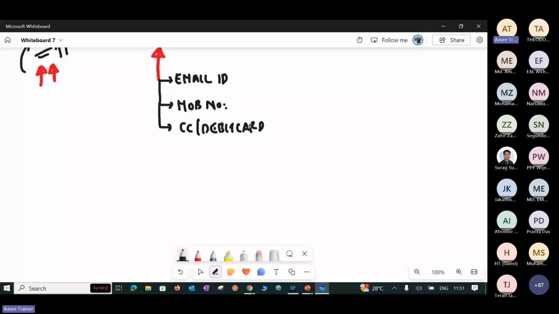Second, in case you are connecting from India, you may have to provide your PAN card. It's an option only, and you have to provide your name also. So these are the information typically you need to provide while creating your account on the portal here. In case you are creating any account on the Microsoft portal, you need to ensure that